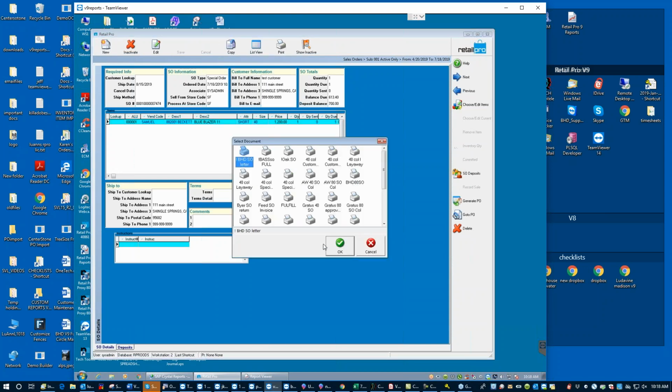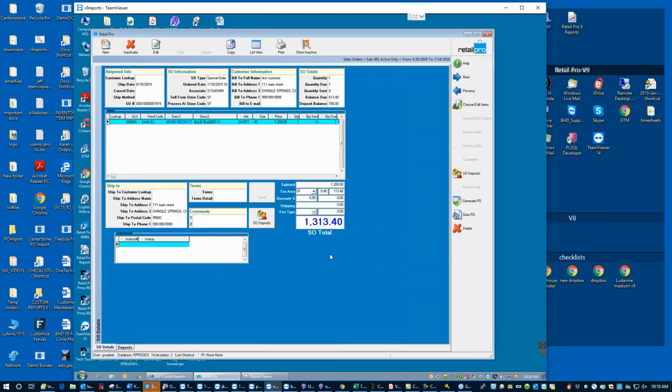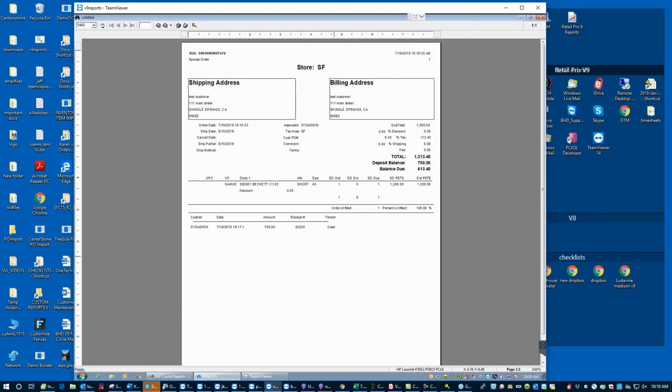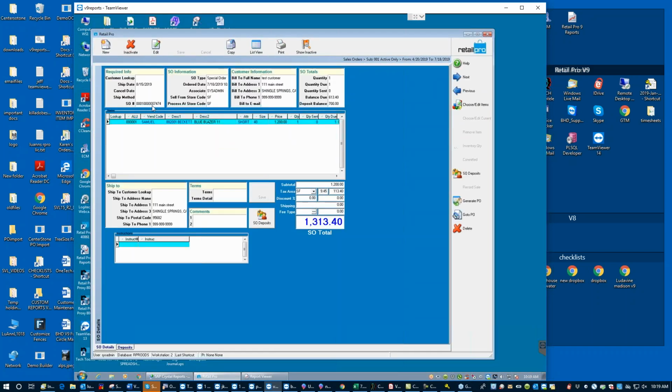I didn't really have a chance to get all those filtered, but it can look something like this. It can also be on a 40-column receipt. We have those, but essentially the basics are who have I promised this to, what have I promised them, and how much money have I taken. So this shows that they've given us $700. They still owe us $613.40. You can print this out and give it to the customer, and you have his contact information. He's got the information, and you've got an order number